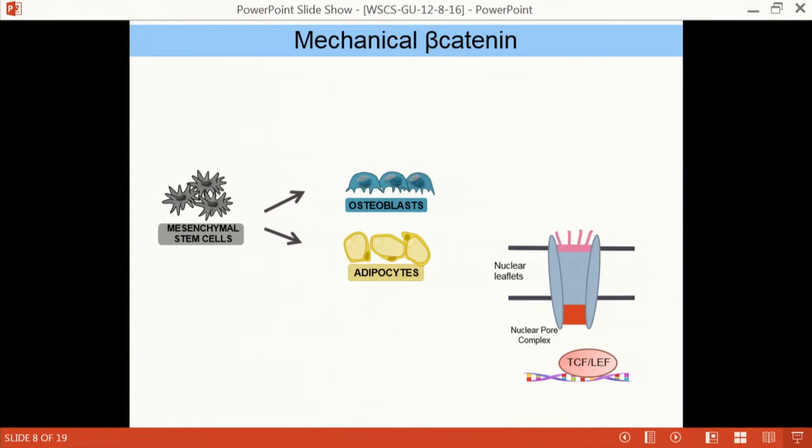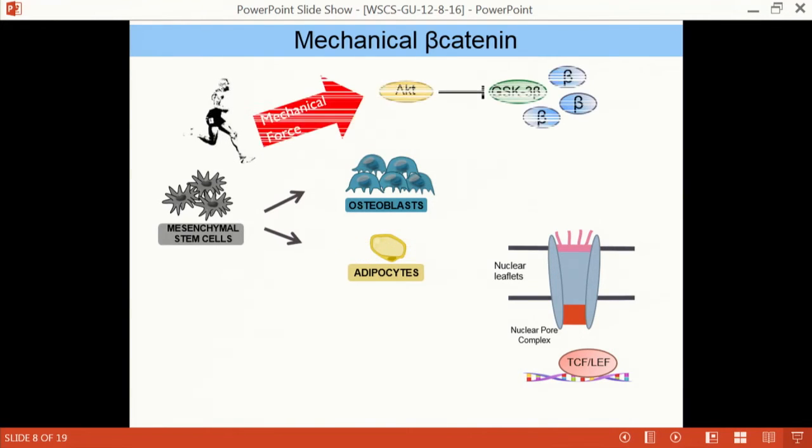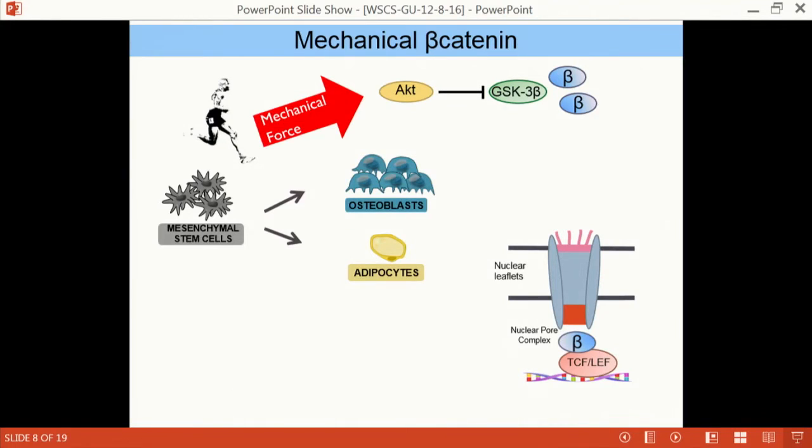In addition to the FAK signaling that we have just shown you, when we exercise, there are other signaling events that happen in the cell, and one of them is the activation of AKT. AKT goes ahead and inhibits GSK3 beta, and as you know, GSK3 beta is a part of this degradation complex that actively degrades beta-catenin. And beta-catenin is the chief mediator of the Wnt signaling pathway, which is known to regulate the regeneration and development of musculoskeletal tissues. So when mechanical signals increase the beta-catenin in the cytoplasm, beta-catenin enters through nuclear pore complexes to activate the gene targets.